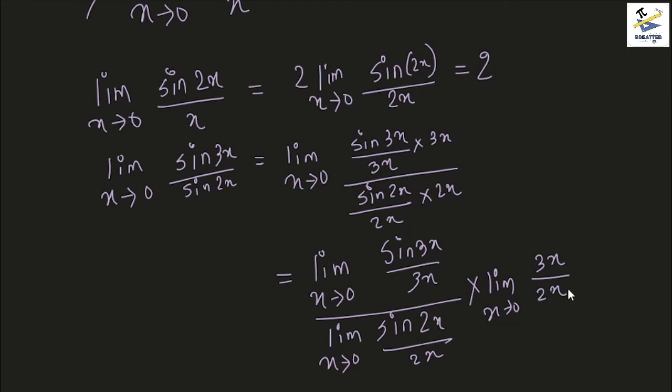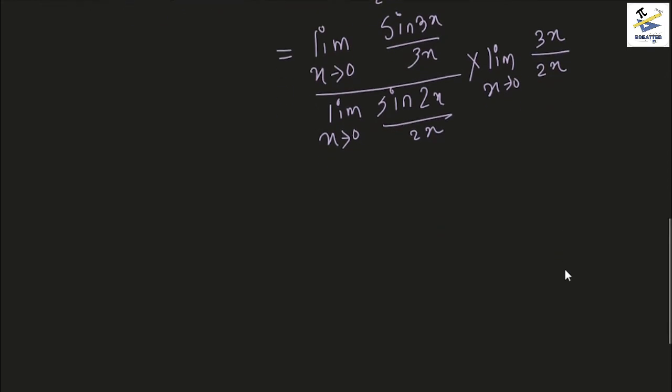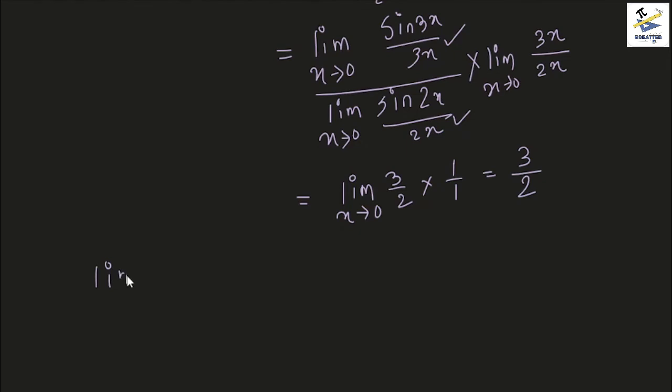Okay, so this basically amounts to the part where we have limit x tends to 0 of sin 3x by 3x will be 1, and this would be 3 by 2 into 1 by 1, where this limit evaluated to 1, and this limit evaluated to 1. So this would essentially give you 3 by 2. We can come to a general conclusion on this part, that whenever we are trying to evaluate a limit of this kind,